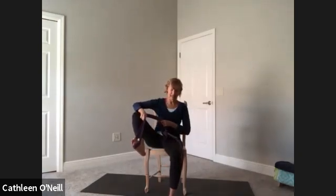Bend your left knee, bring it in, and then stretch it out and bring it in, stretch it out, and one more, bring it in, stretch it out, and then if you're comfortable, you cross it over. If you've had knee replacement or hip replacement, just skip it, undo your strap, flex your left foot, sit nice and tall, check your right foot that the ankle's right below your right knee,